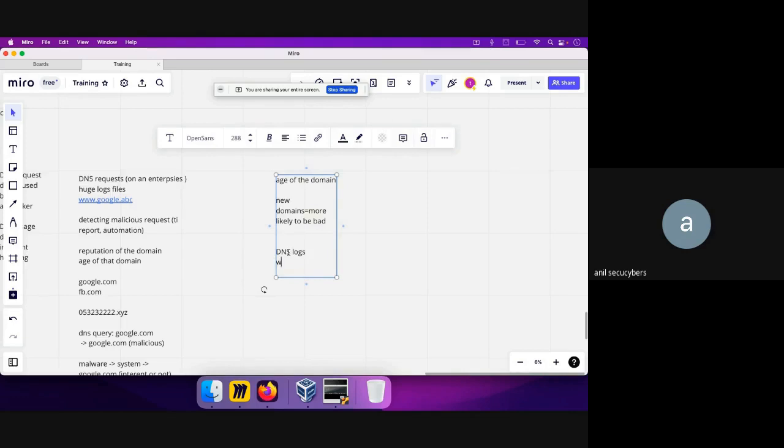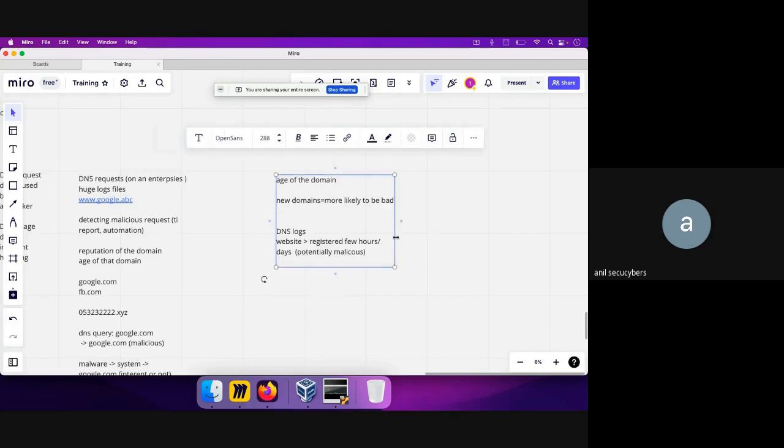If there is any website which was created a few days back, or let's say a few hours back, registered a few hours back, it adds to a confidence that it might be potentially malicious. The reason is that most of the time what we have seen is that when there is a targeted attack on the company,